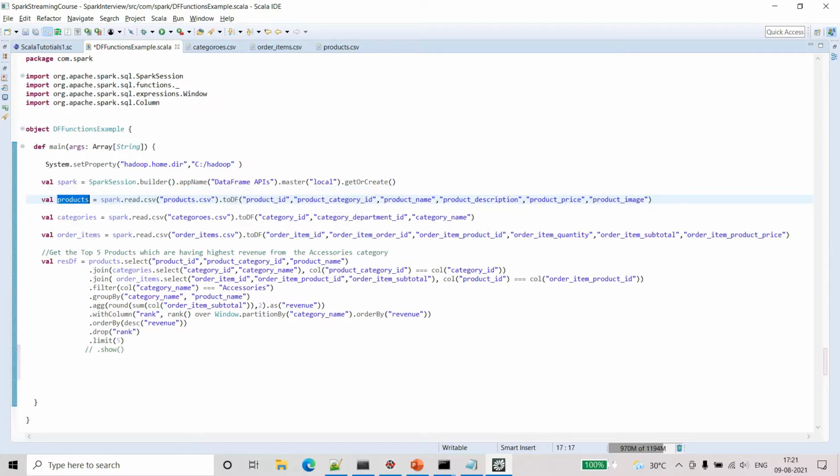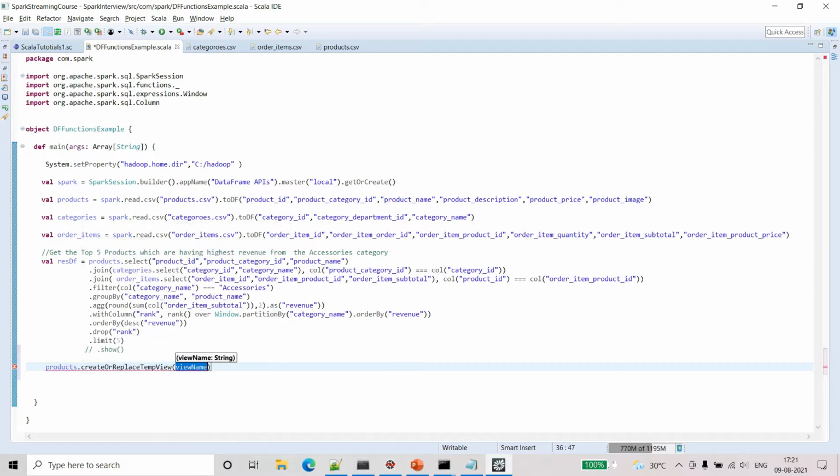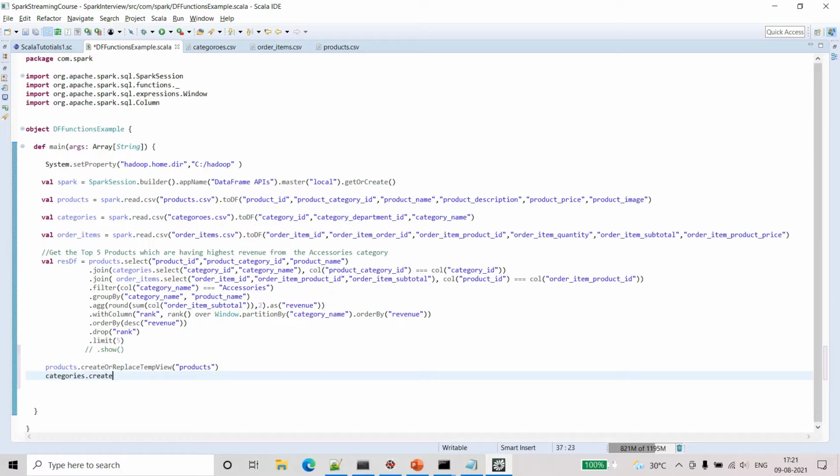Okay, so first products, create or replace temp view. I am just giving the name as products. And similarly categories, the same name, and order items.